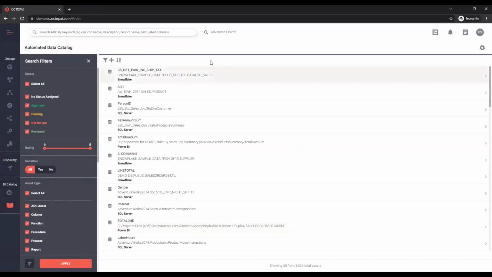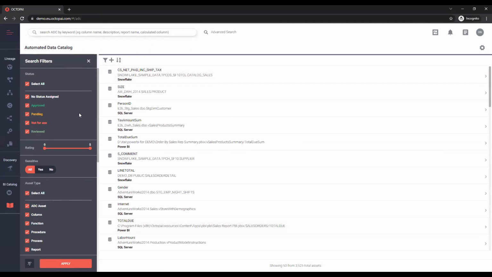So now we understand that this entire inventory has been created automatically from our entire ecosystem, from the ETLs, from the reports, from the databases. So let's run through this with a use case. Say we've got a business user who's interested in a sales report, and he wants to know which report would match his needs.